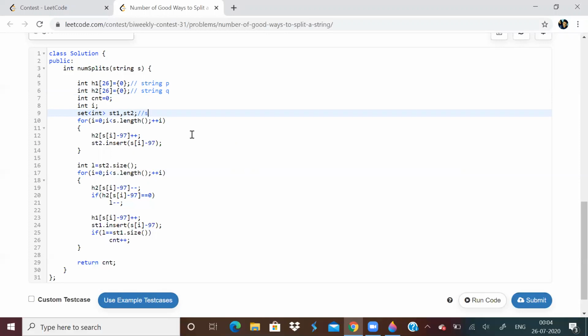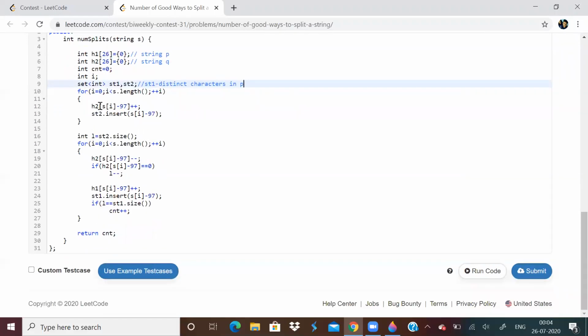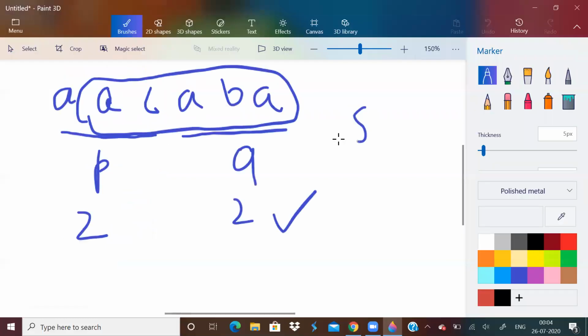So ST1 is to find distinct characters in string P, and similarly ST2 is used to find distinct characters in string Q. Initially, let me assume that P is an empty string and Q is the entire string.